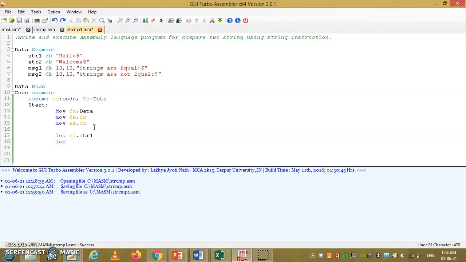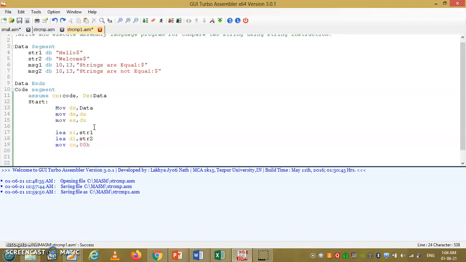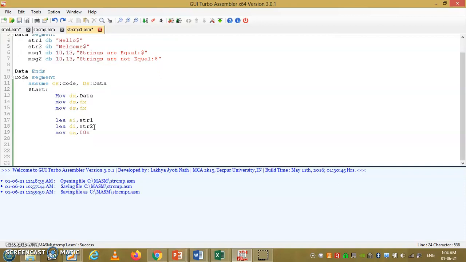Once again LEA DI for the destination string, str2. Then initialize the CX as 00H. Here this CX is for counting, or as the length of the first string, right?